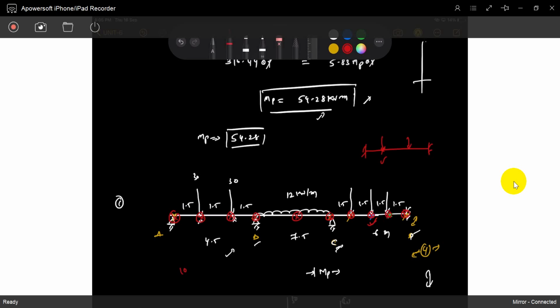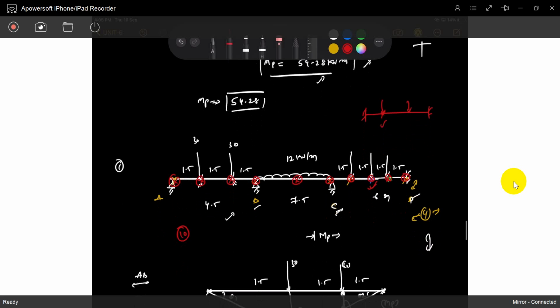Okay, 10 locations. We require 4 hinges to form a collapse. It is an unstable structure. One time I feel one hinge is here, one here, one here, one here. It's a collapse. Otherwise one here, one here, one here, one here. How many possibilities are there? It's permutations and combinations. You can't do it. In 10 positions, you have to arrange 4 balls.